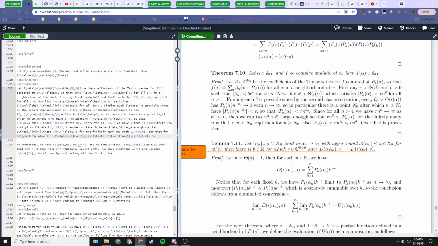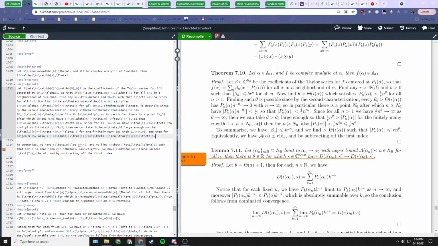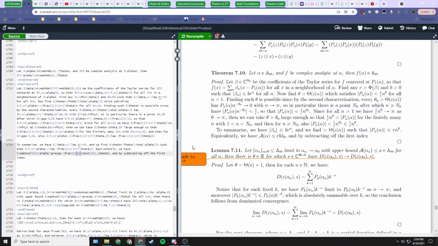I fixed that. Okay, so we're actually saying p sub n of alpha is not bounded by r to the n power theta, we're actually bounding it by 1 over r to the n power theta. And then to summarize, we have beta n bounded by b r to the n, and then we find theta such that alpha is bounded by 1 over r to the n power theta. Equivalently, we have the absolute value of alpha bounded by 1 over r to the id theta, and by subtracting off the first index, also